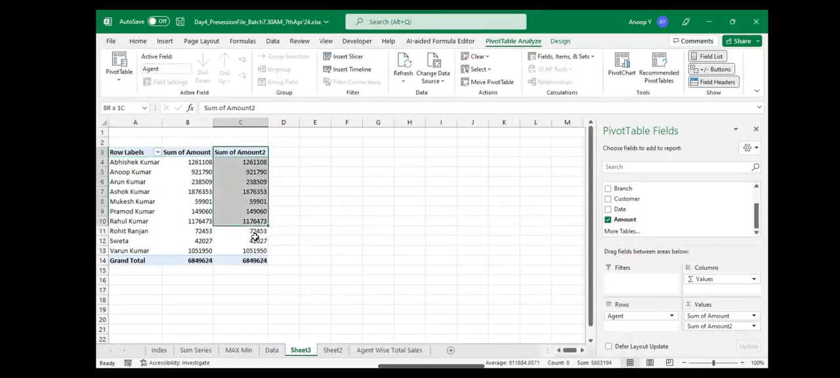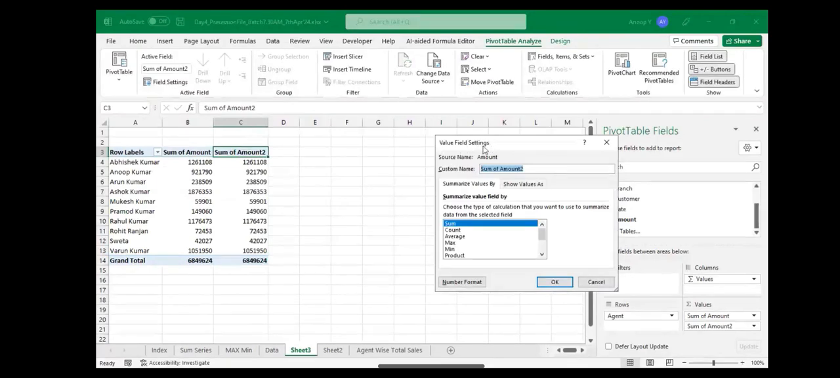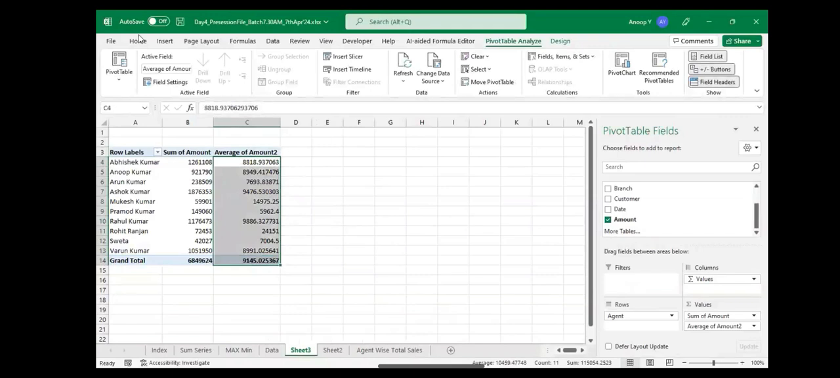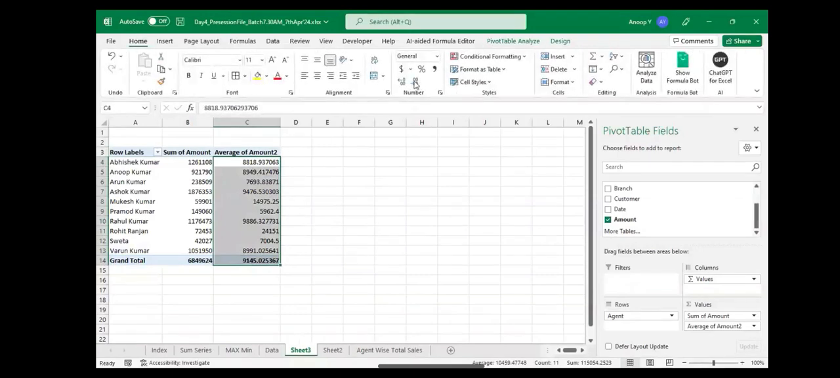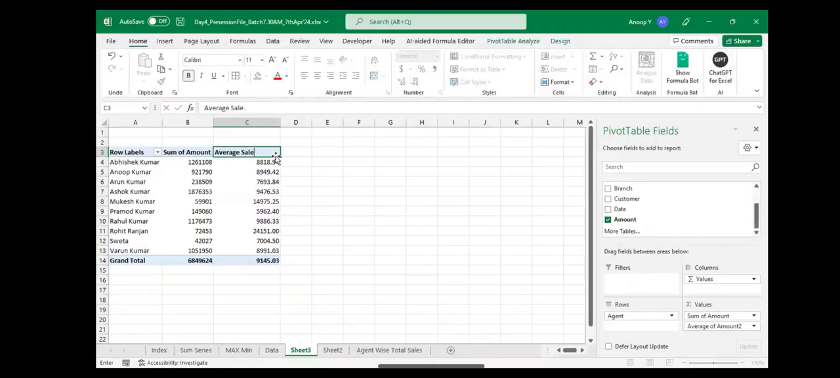And now this last column, I will convert to the average. So in this header, the sum of amount 2, you can double click. The value field settings wizard will appear and you can convert this to the average. Okay. Now click on OK. Now you can see this has been converted into the average, and you can increase or decrease the decimal points from here. Okay. You can change the headers like this is the average sales. This is the total sales,